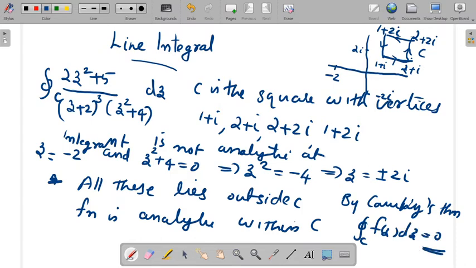So the function is quite a big function. We just locate the points where the function is not analytic. We draw the contour C. As the points where the function is not analytic are outside this contour, you can conclude that the integral over C f(z) dz is equal to 0. Now the next example,